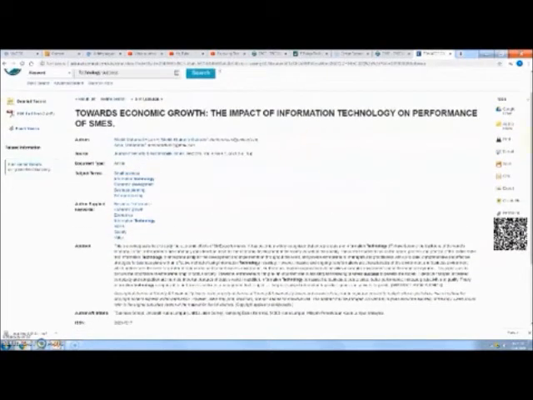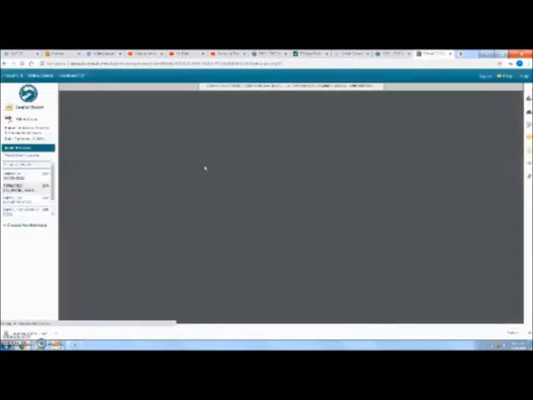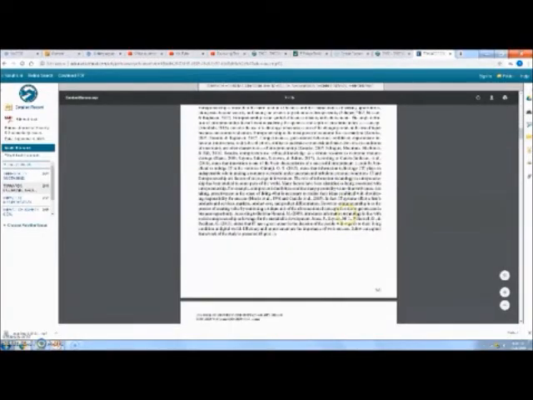If you read the abstract, you think it's really helpful, then you just have to click right here on the left, PDF full text. Click that. It should open up for you, okay? And it's the access to the article. You can download this PDF, save it to your desktop, so you don't have to go back and try to find it.